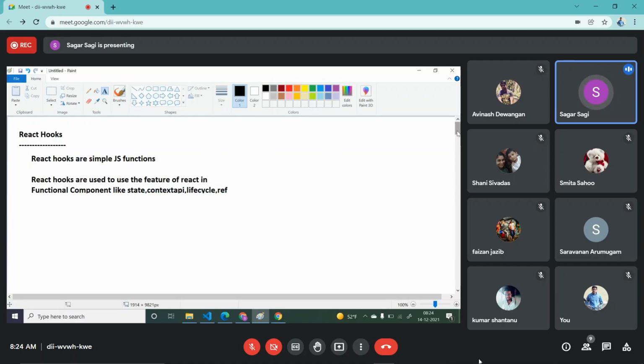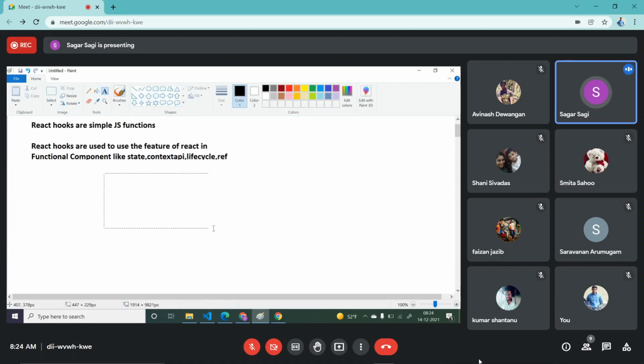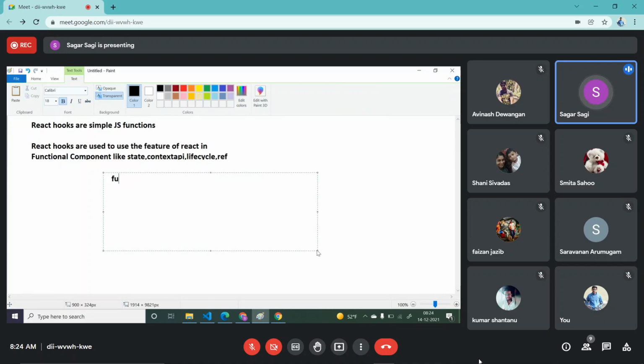If you want to create any functional component, then what you have to do? Simply you have to create one function, normal JavaScript function, but your function name should start with a capital letter. For example, here I'm just writing something like profile. I want to create a component where I can define a profile. This is a profile. Now here you want to create a UI. So obviously for that you require HTML. So you have written certain HTML code here.